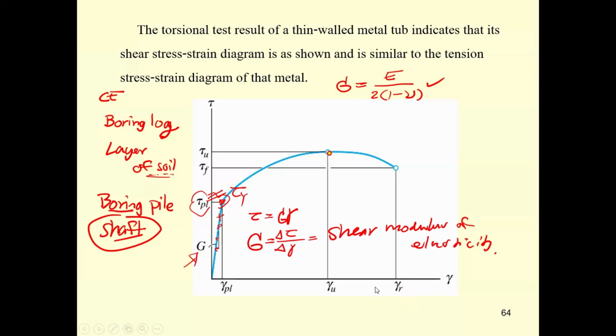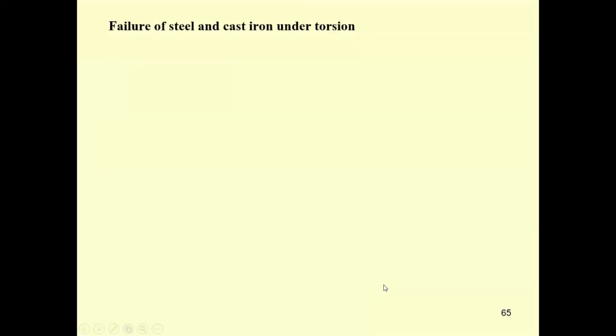For the failure of the cast iron and steel in torsion, we have mentioned about the failure of these two materials in tension already. And in tension, this one has the necking, okay? The steel is subjected to normal stress and then fails by shear stress in tension. For the cast iron in tension, it fails by separation. Cast iron is subjected to normal stress and fails by normal stress.